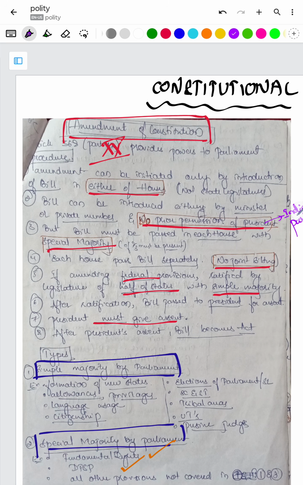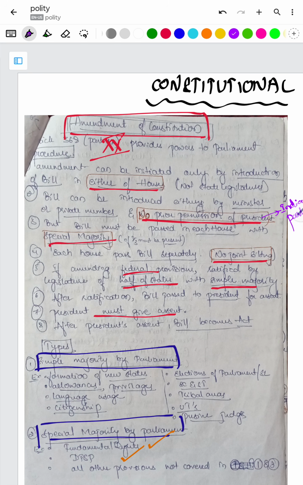Article 368 provides the constitutional amendment power, and it is mentioned in Part 20 of the Constitution. It gives the power to the Parliament. Okay, next,